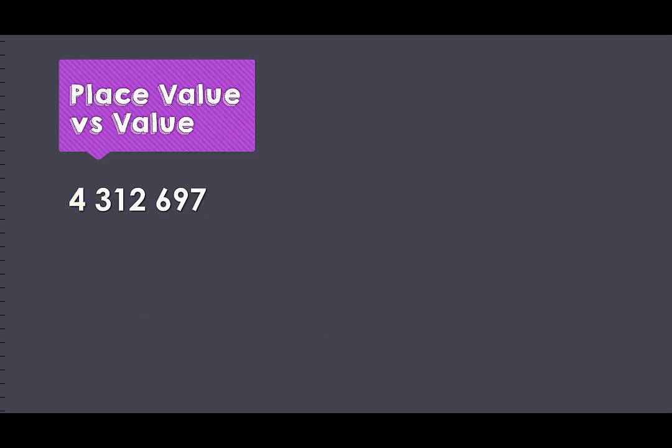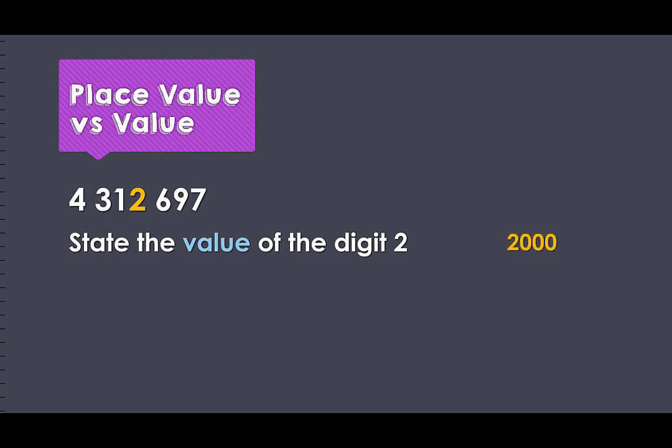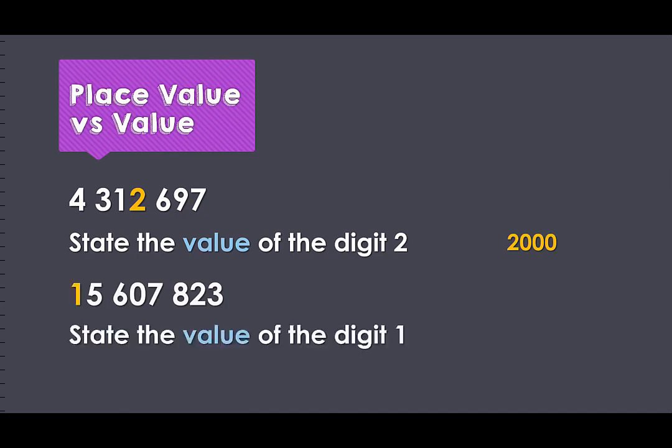Now let's look at these numbers again, but thinking about a digit's value. State the value of the 2. Here we can see it is sitting in our thousands place value column, which means the digit 2 is worth 2,000. In our second example, state the value of the 1. Here we've located the number 1, and we can see, again using the spacing in our numbers and our groupings of 3, that the 1 is sitting in the tens of millions column. This means that the 1 is worth 10